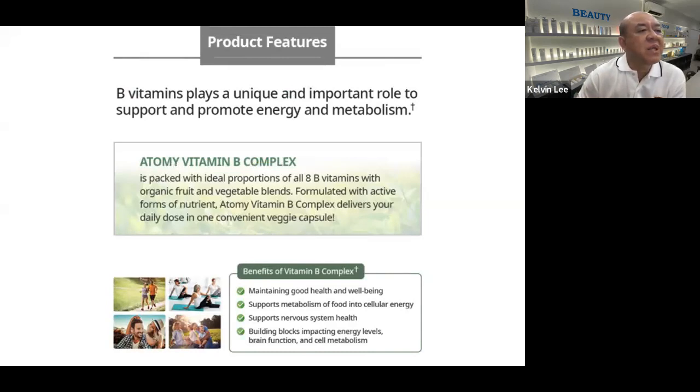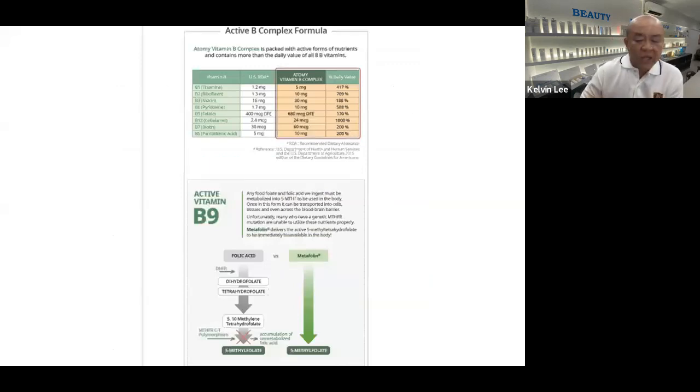Benefit of vitamin B complex. Okay, let me read through. Maintaining good health and well-being, support metabolism of food into cellular energy, support nervous system health, building block impacting energy level, brain function, and cell metabolism. Okay, you look at this